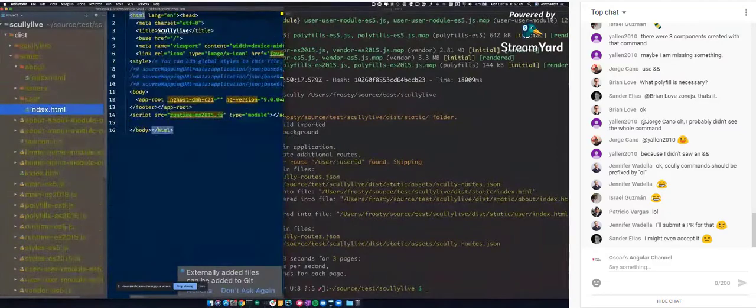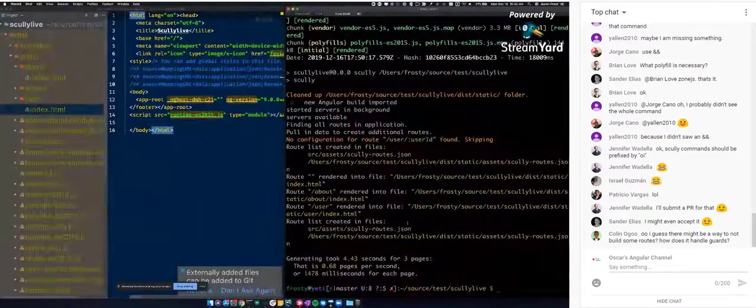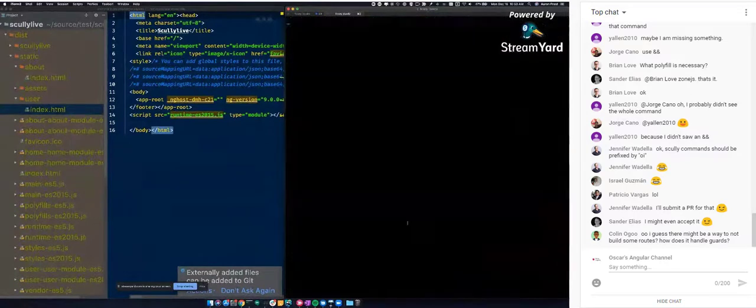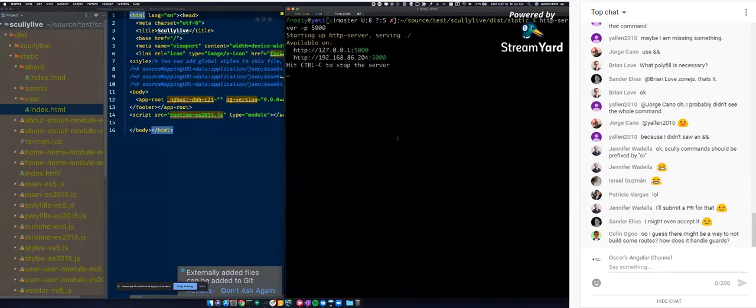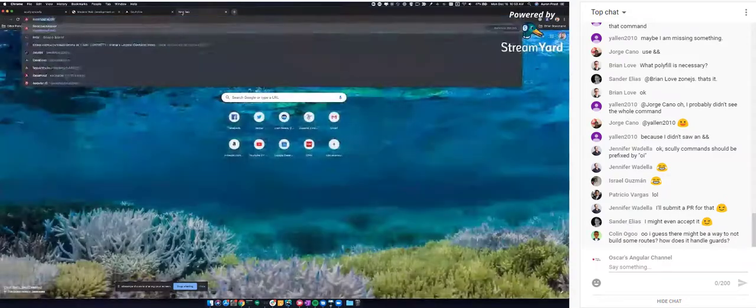Now, I'm going to just serve this up real quick, just so everyone can see it. I'm going to use a node HTTP server. I'm just going to change into the dist and the static directory. Let me clear this out, and I'm going to say http-server with port 5000. So now on port 5000, it's serving up the static directory. If I come over here and I say localhost 5000,